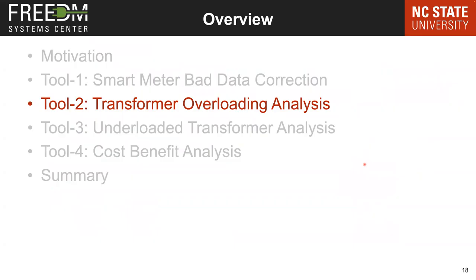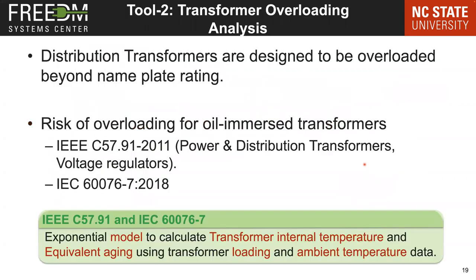So our second tool is transformer overloading analysis. And the trick here is that distribution transformers are designed to be overloaded beyond nameplate rating. So you cannot simply use the load profile compared to the rating to decide if the transformer is overloaded or not, because they have been designed to be overloaded, but overloading the transformer beyond a certain degree comes with the risk of failures. The detailed implications of the risk of overloading oil immersed transformers are provided in these two standards,